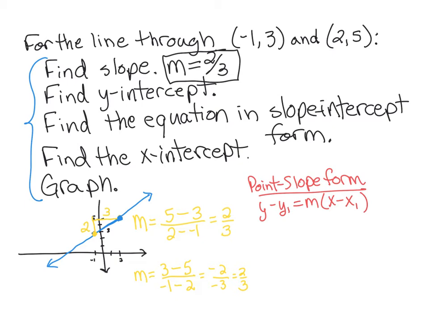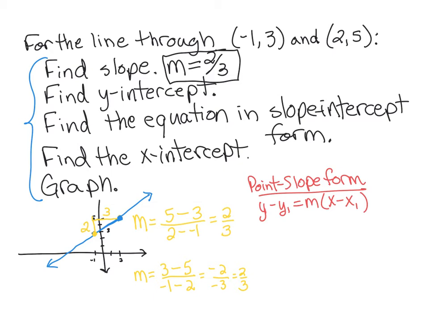You just have to always be careful that this is one of the points and this is the other point. This is one of the points, this is the other point. All right? And remember, it's always the change, so you're always finding the difference. This is always subtraction. Now, I'll show you on the next page how to derive the point slope form, but